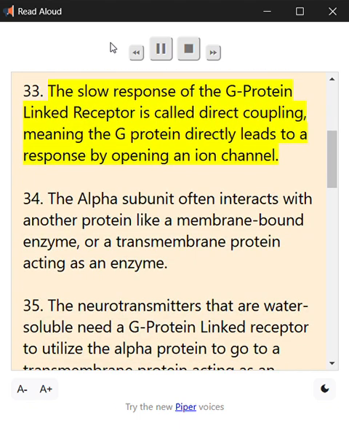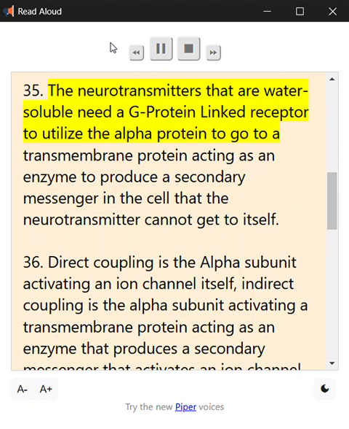The slow response of the G-protein linked receptor is called direct coupling, meaning the G-protein directly leads to a response by opening an ion channel. 34. The alpha subunit often interacts with another protein like a membrane-bound enzyme, or a transmembrane protein acting as an enzyme. 35. The neurotransmitters that are water-soluble need a G-protein linked receptor to utilize the alpha protein to go to